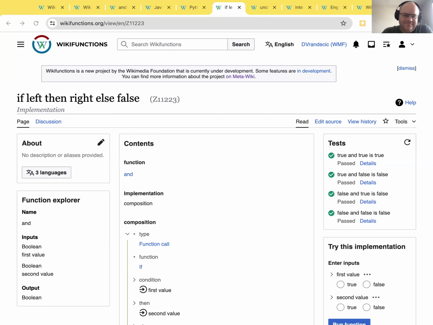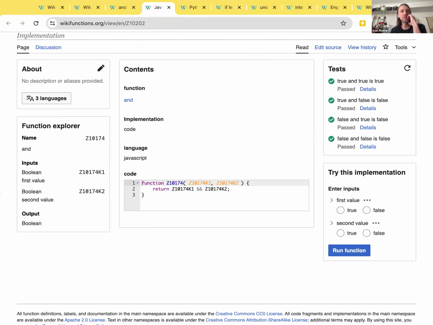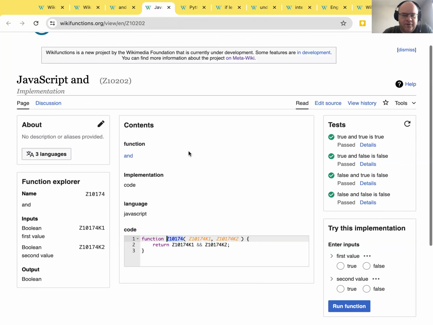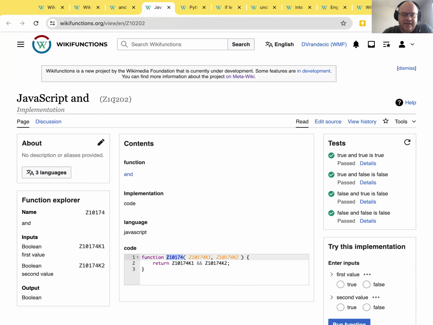Your functions are using what look like hygienic names for the function name and the arguments and that sort of thing. Can you speak very briefly about what the thinking is there? Yes. Actually, we want to hide them here. So this is still in development. We want actually to hide and show the proper names. Every function has a Z ID, like a Z identifier with a number. And in addition, every function has labels in different languages.